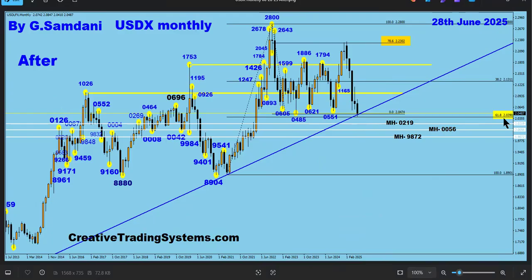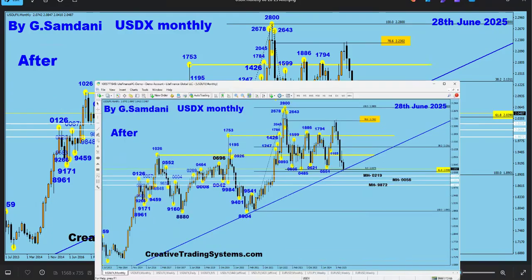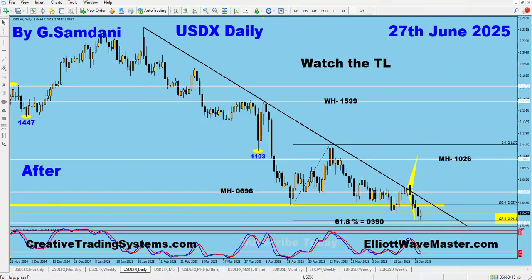where I said that it's going to come down. I even made a daily chart showing it in a little more detail. For example, here, I made this chart that we're going to be coming down to 61%, 0390, and this pull is 127. So we finally came in, we touched that line, right? So both are, and then they go opposite, right? EUR-USD and US dollar index. So US dollar index dropping means it's getting weaker, and EUR-USD is going up. So both are at their respective